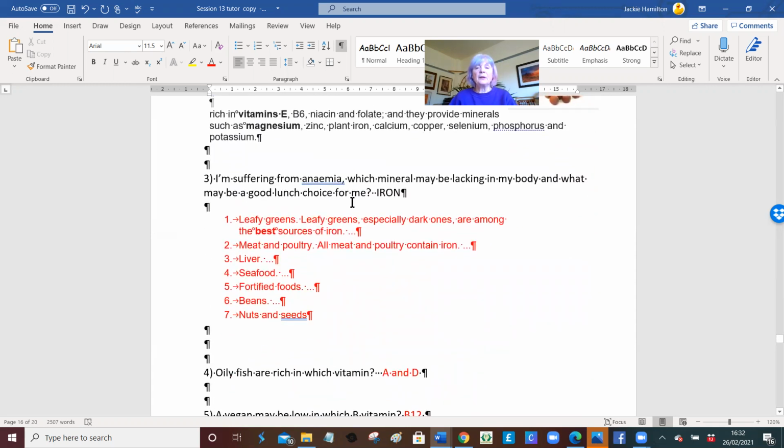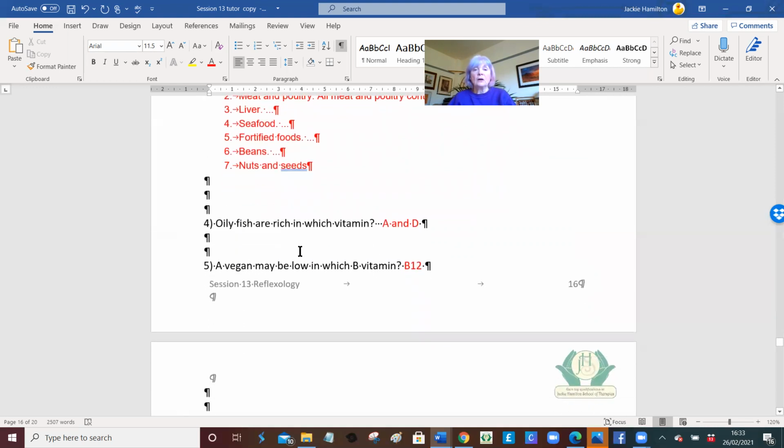I'm suffering from anemia. Which mineral may be lacking in my body? So what would be a good lunch for me? Well, we all know it's iron, that's the mineral, and leafy green vegetables are really good. So salad would be really good. Seafood, so a seafood with some salad would be a good lunch. Meat and poultry all contain iron, so they could have a chicken salad or something like that. That would be